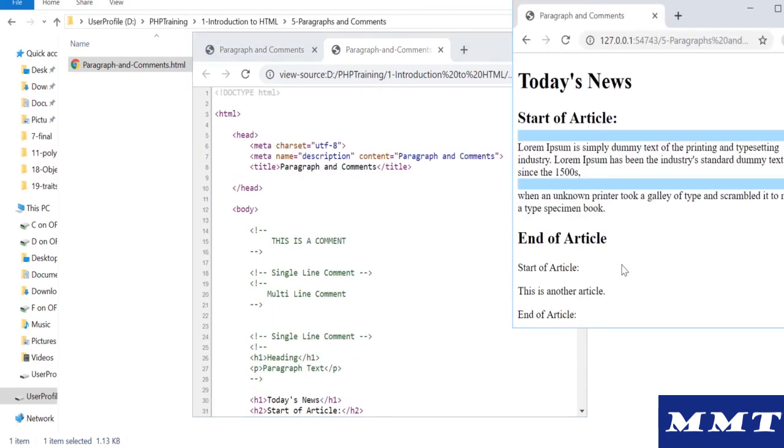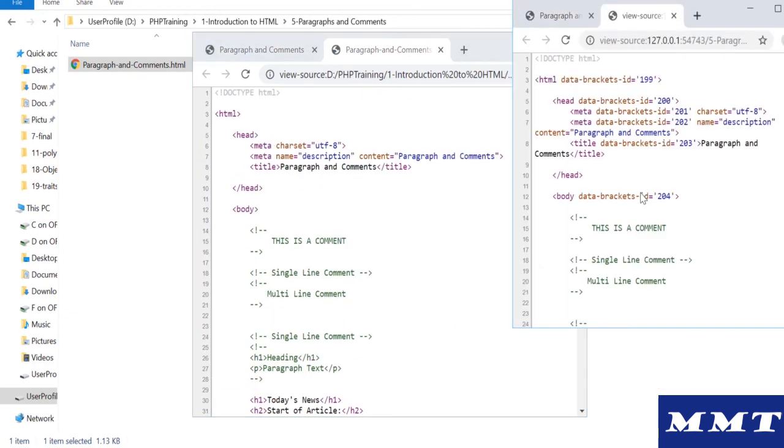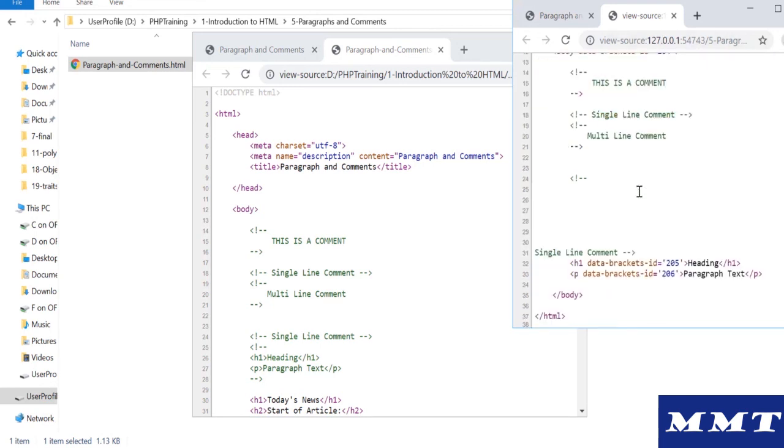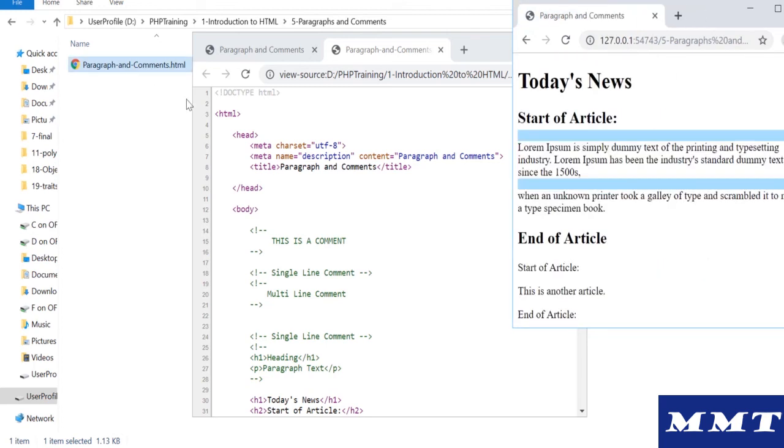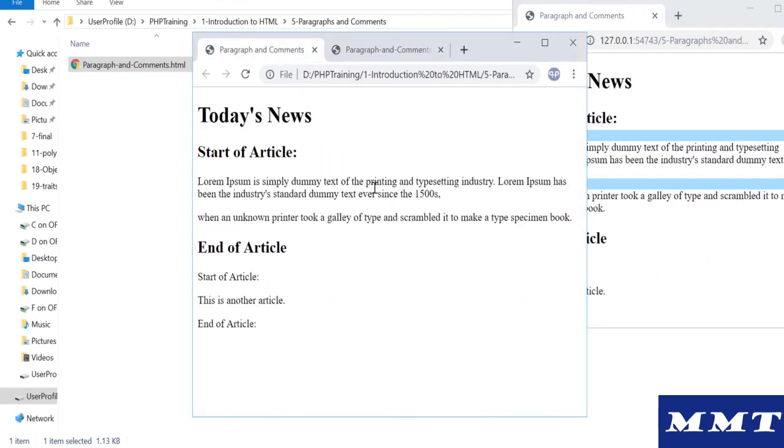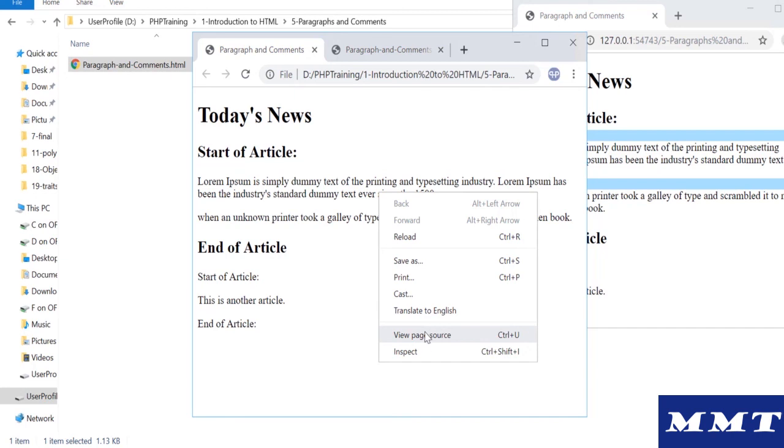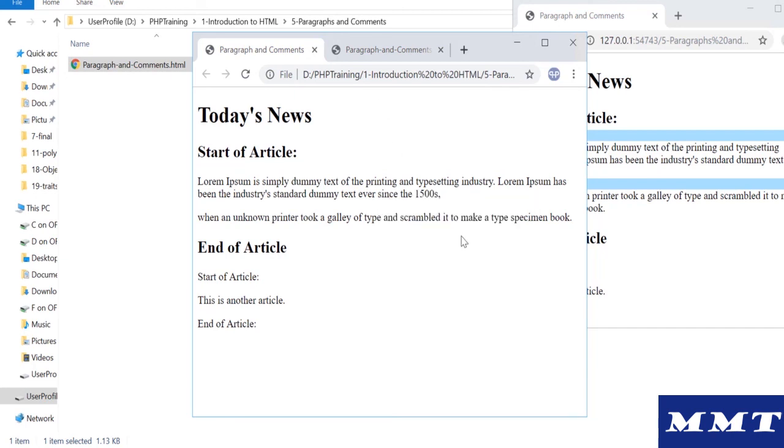If you see the source code from Brackets, you will see some extra tags added here. So don't open it up there and view your code. Make sure you open your file via a browser, and then you press Ctrl U or right click and say view page source.